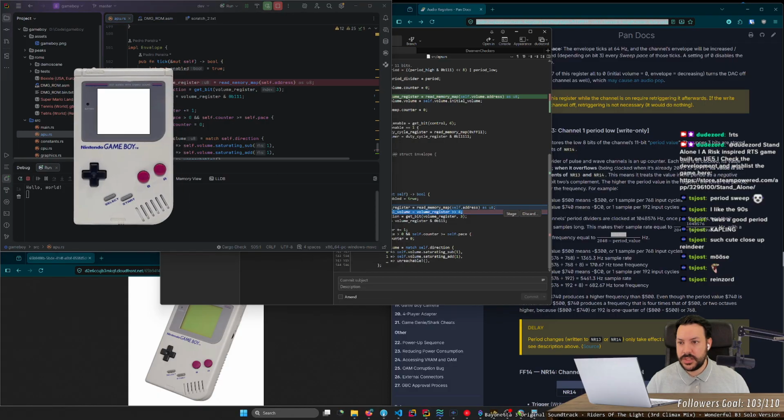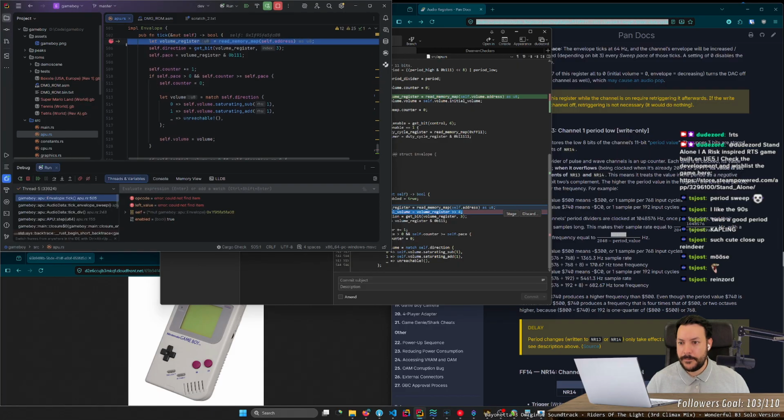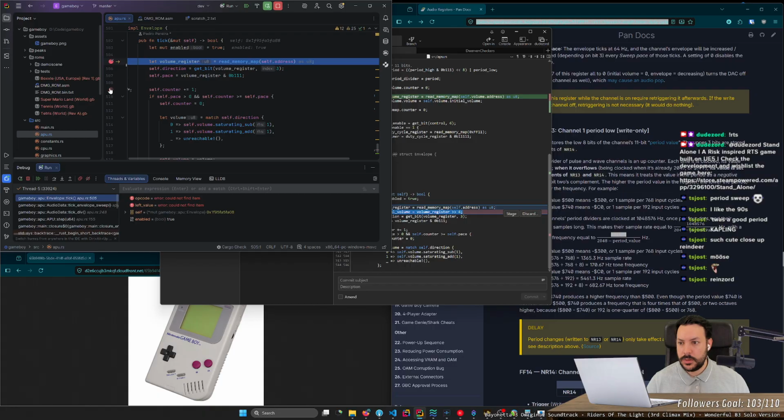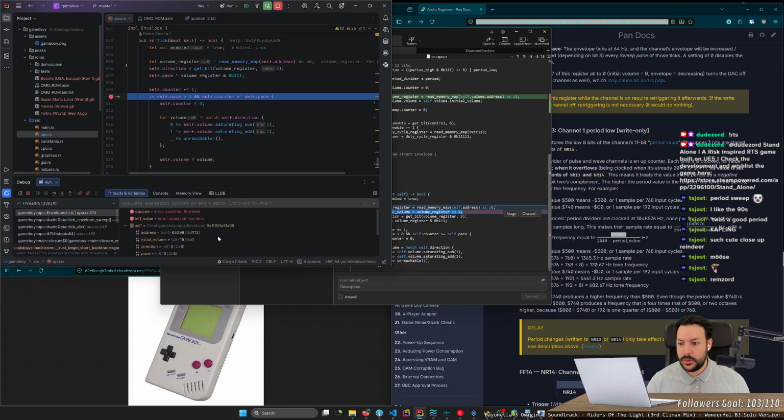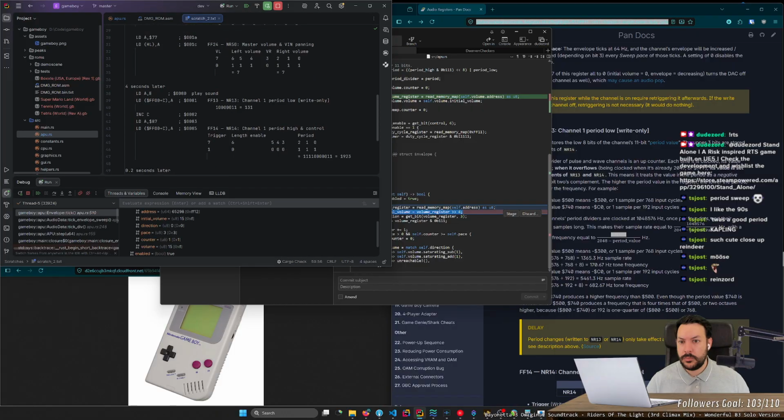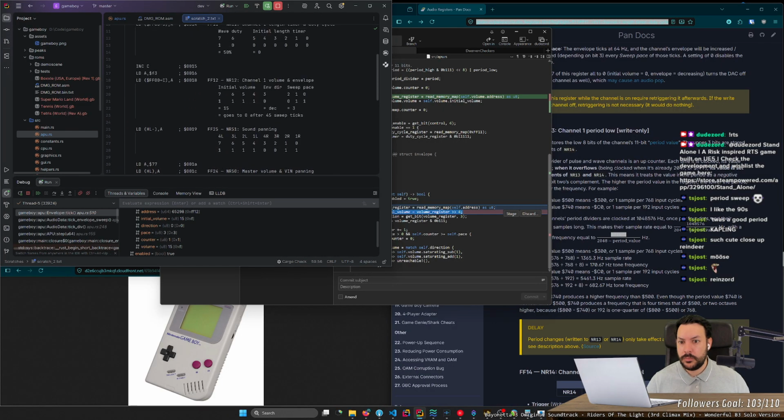Okay, I feel like things are not being called at the pace they are supposed to be called. Let me see. So initial vol is 15, pace is 3. So every 3 ticks, I should decrease once.